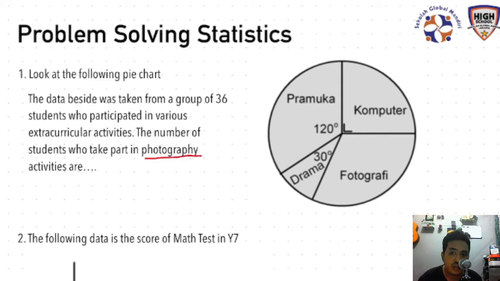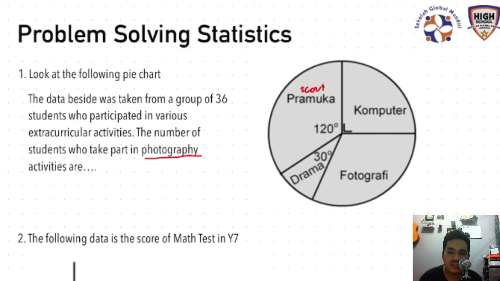As we can see in this pie chart, we have pramuka or scout, and then computer, and then drama. Yeah, I forget the name of the drama. Then photography. So to find how many students like photography, we can use the concept that we know the total